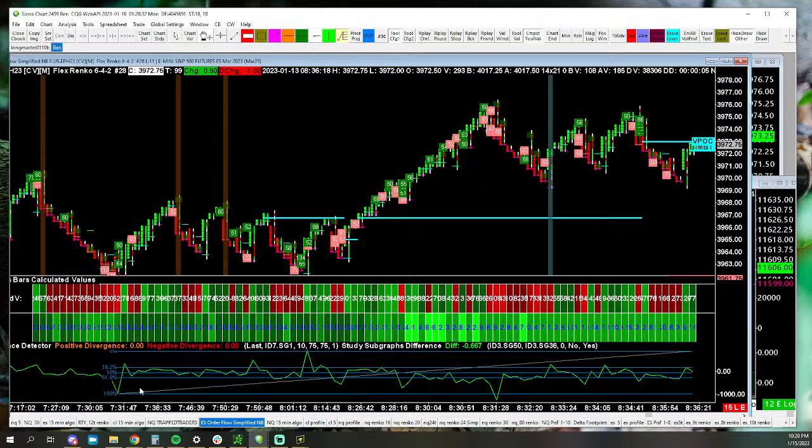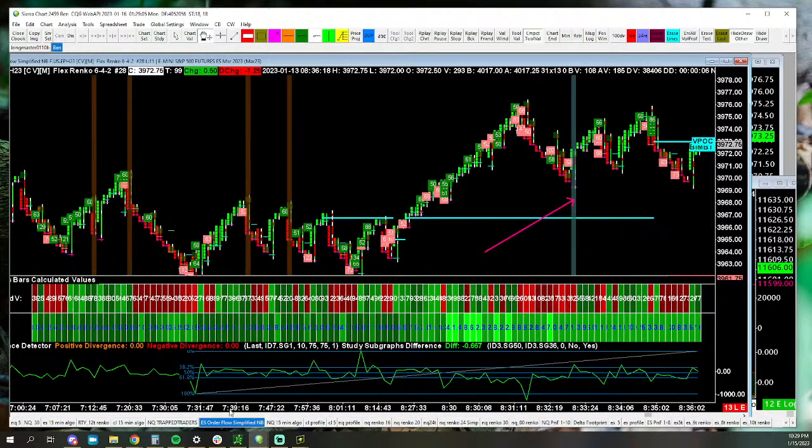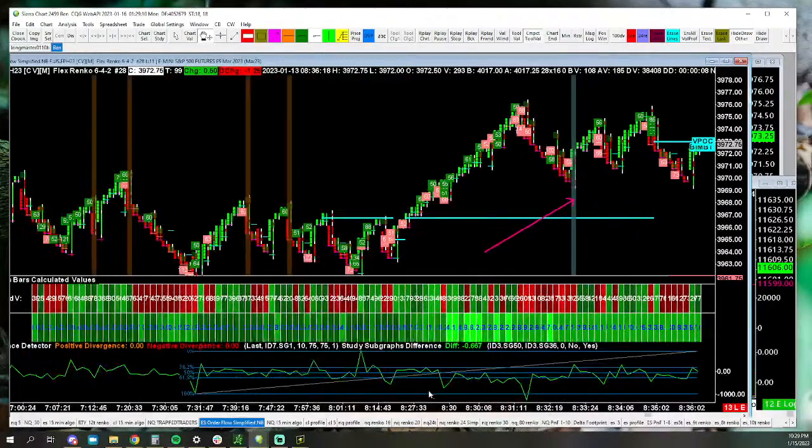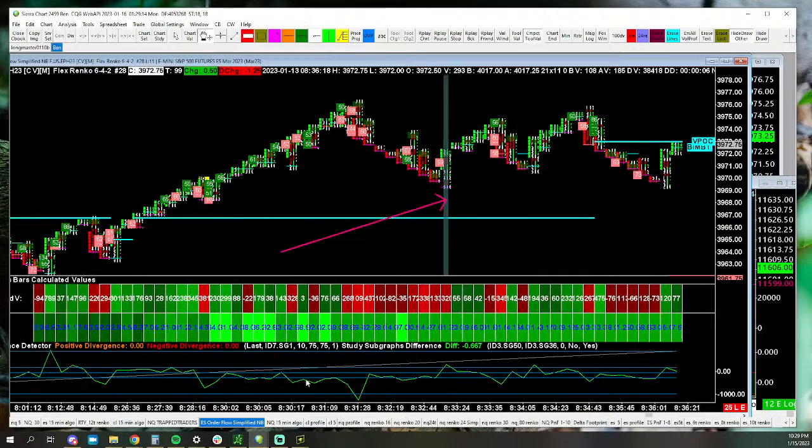So we said that is hidden divergence, and that is only relevant when you're going in that direction. So if the trend is going in the direction that you're trying to get in on, so if it's going up, that is hidden bullish divergence. The idea is the indicator is getting quote unquote oversold and needs to cool off. And generally the result is continuation of a trend. Now, if you try to do that in a downtrend like this, you're going to run into trouble. You're going to run into neutral for a little bit and then usually bearish.